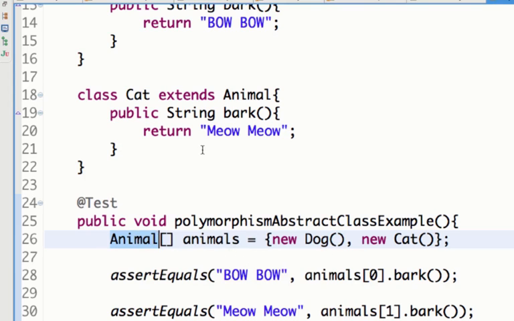But the method which is called is the method inside the dog class. So this is what is called polymorphism.